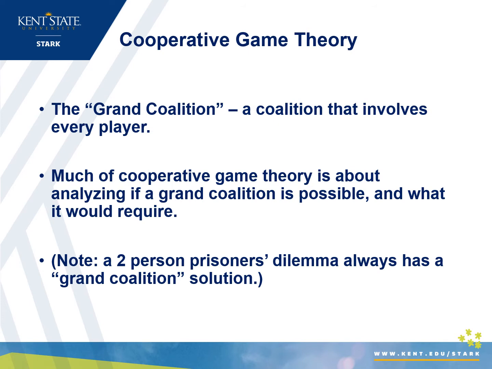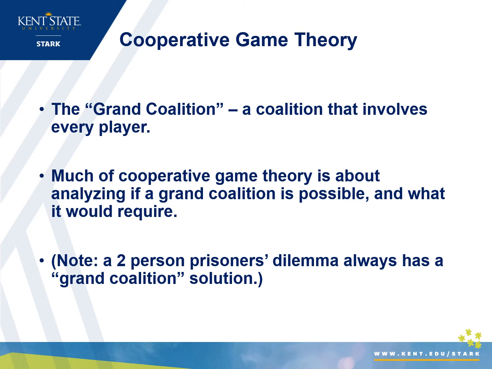So one of the key concepts in cooperative game theory is the idea of the grand coalition. A grand coalition would be a coalition that involves every player in the game. Really we're asking the question: is it possible for all of the players involved, whether they're 2, 3, 20, it doesn't matter, to get together and make an agreement that they would all want to abide by, where nobody has a reason to go out and betray or break off from